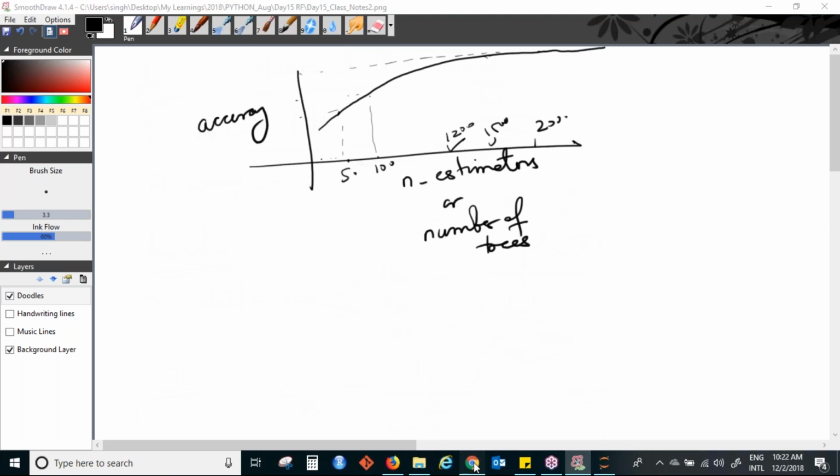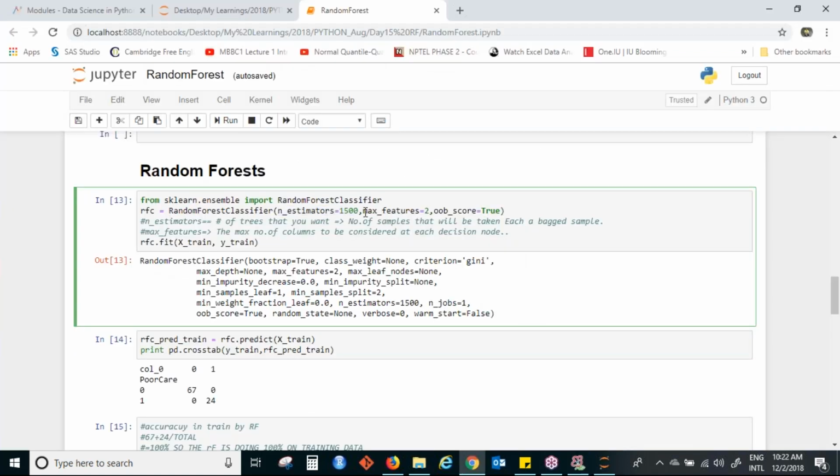That is on the n_estimators part. Now you will ask about max_features. What is this max_features? Max features is the number of columns that should go. By default, this is root p as we discussed, but here I'm giving only two. That means only two should go. So randomly any two columns should be chosen and passed to a single decision tree. That is this max_features argument. Do you follow, guys?